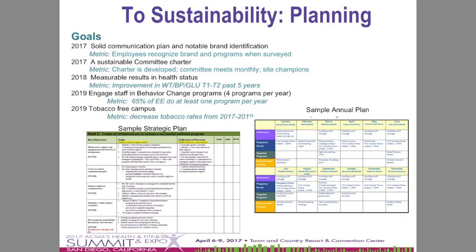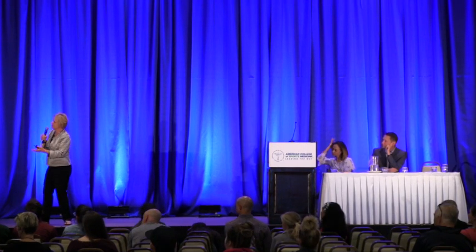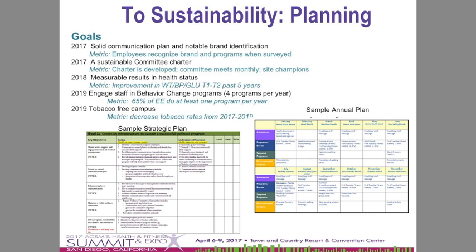And we really like to work towards 2 or 3 year goals with a company, because they might say, well, we want to do this because we want to decrease healthcare costs. Okay, that's great. So if we throw in a couple blood pressure seminars, we do some screenings, we get people moving, okay. But you just said you want to decrease healthcare costs. So what are you going to do? What's the thought behind that? So that's where we get into adding metrics. Then we move down into taking goals, and you can see we have a 3-year plan here, and we have 5 major goals. That's it. You can't solve everything in the beginning.